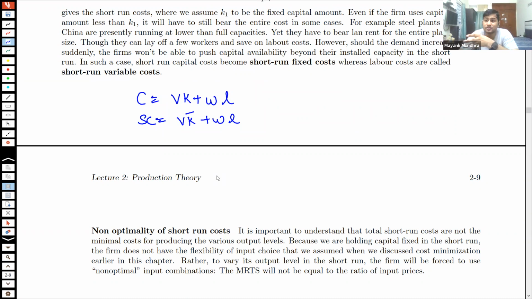So imagine that you're constructing this road and you've hired some machinery and you've hired some labor. Suddenly there's a demand to increase the pace of production. Let's say the bureaucrat or the minister says that you are very behind deadline, we want this done faster. So you have to increase the pace. Now overnight you cannot hire extra machinery. So what you'll do is you'll hire more labor.